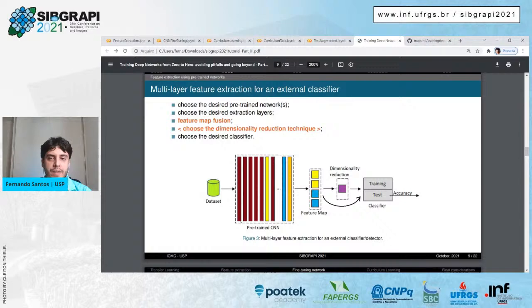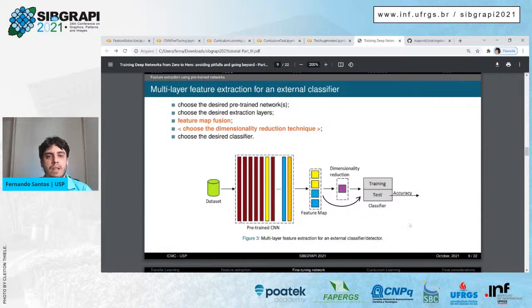In this pipeline, we choose two different layers to provide two different feature maps, and we can combine these feature maps by operating fusion and in other different manners,